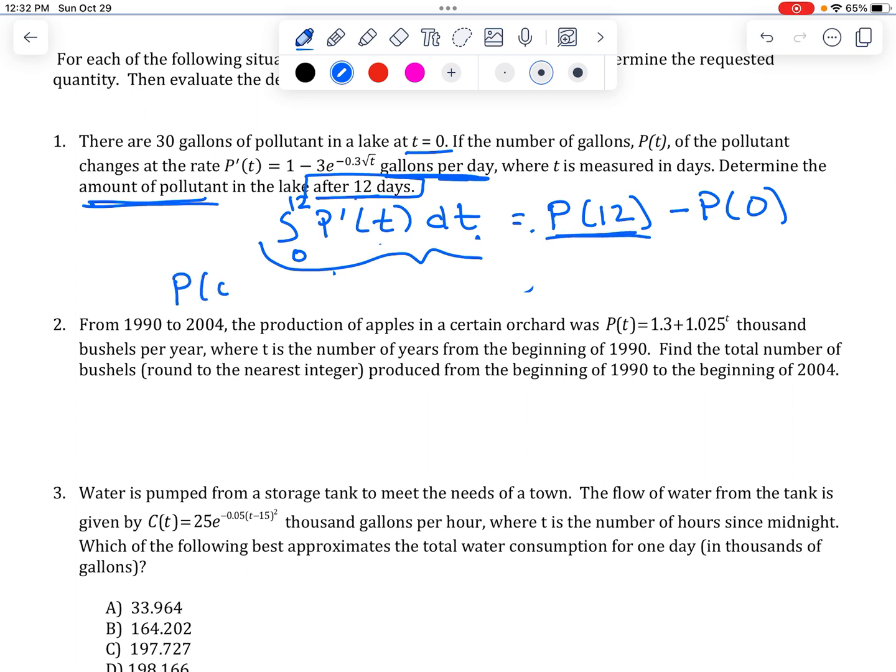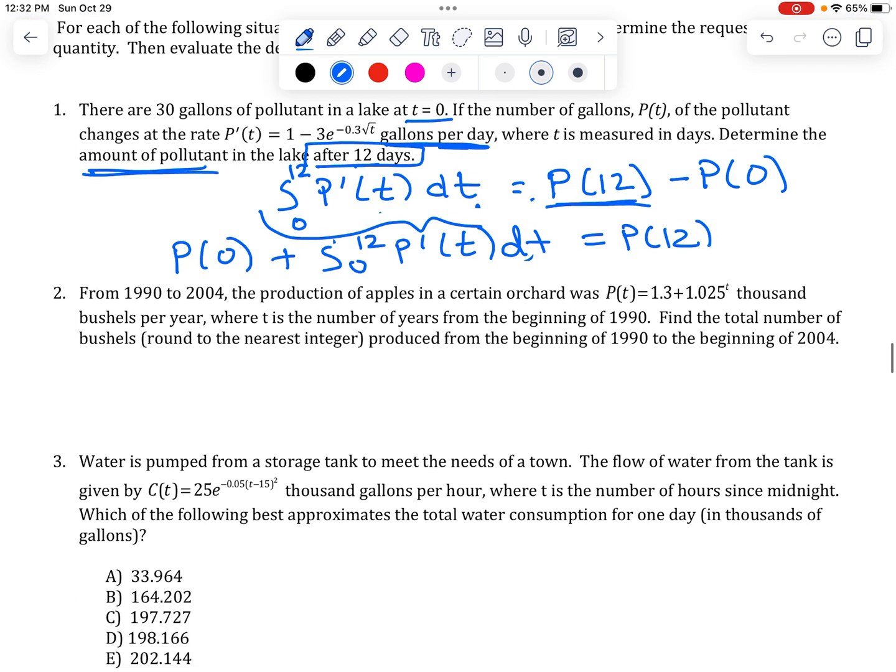Really, I need P of 0, so I'm going to move this over to the other side. This is what I'm looking for. And P of 0 was given. It told us that there were 30 gallons to start with. So this is 30. This you're going to just get from your calculator, and if you add them together, you should get